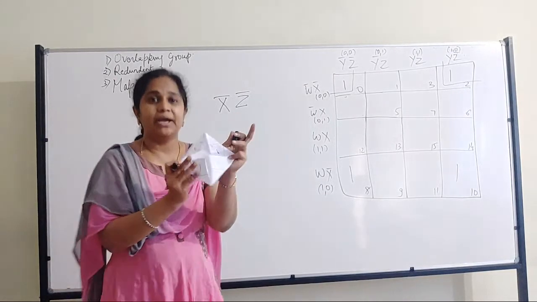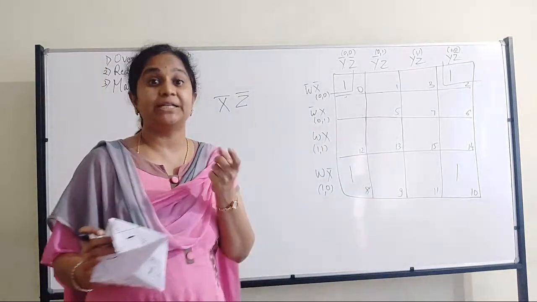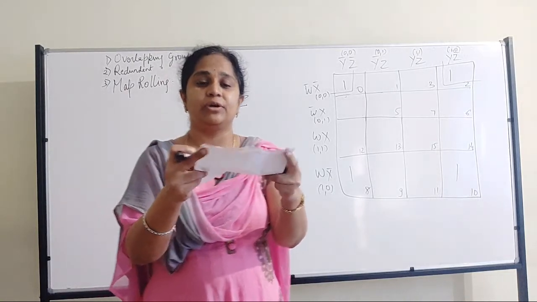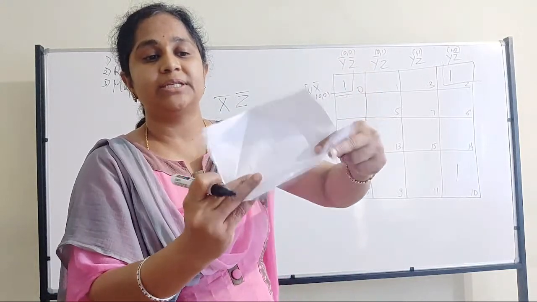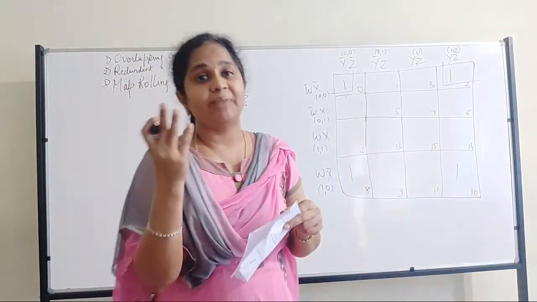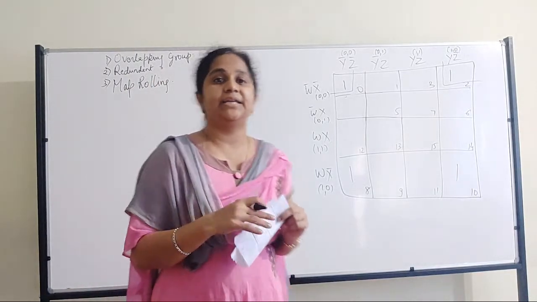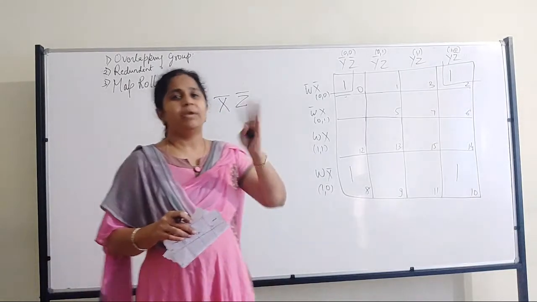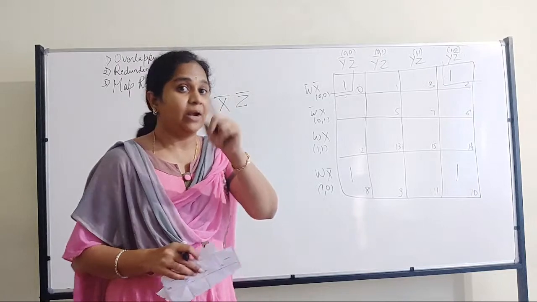So why am I doing it with the paper is, see, if I tell you to imagine, it might be a little difficult. So I just make this. You also create this at your home. Simple thing, and try to roll this so you have that proper imagination about how I can roll. And believe me, in the final exam, we would try to give you one example of maybe two quads and one octet wherein it can be rolled. Now I'll show you one more.